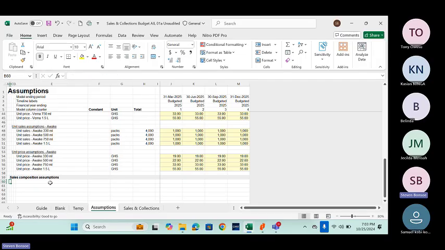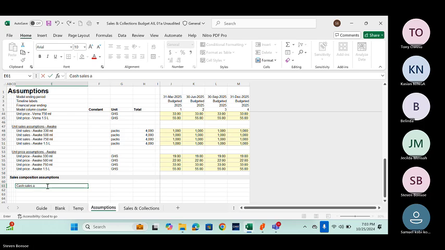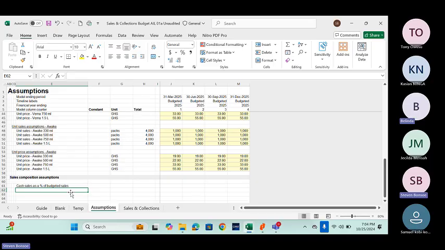In terms of our sales composition assumptions, there are two of them. One of them is the cash sales as a percentage of revenues. Let me be very specific: as a percentage of budgeted sales. And then we also have